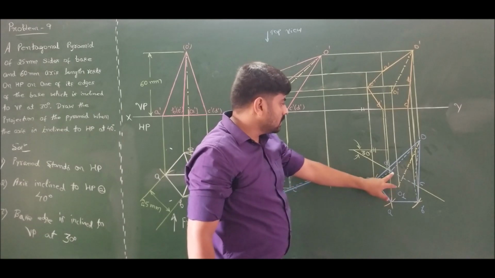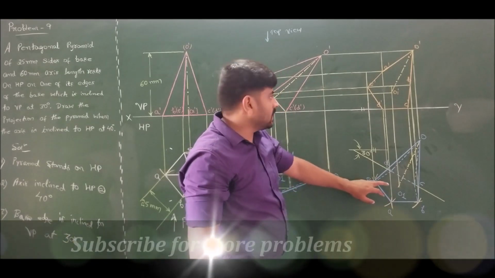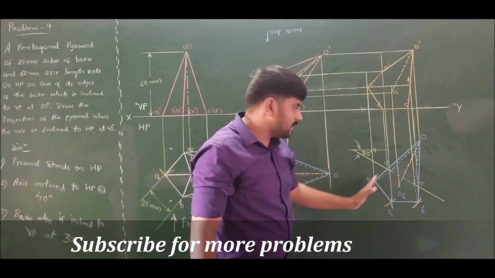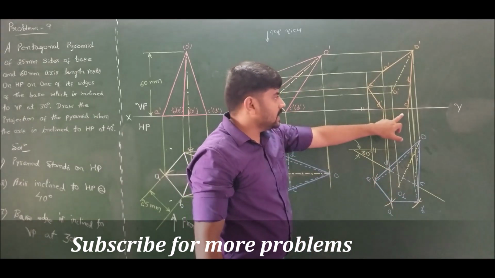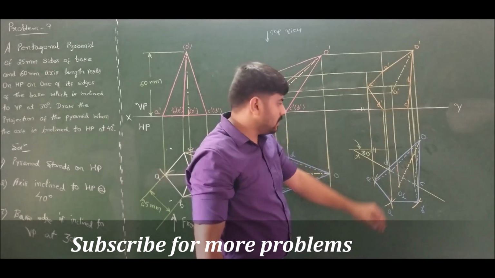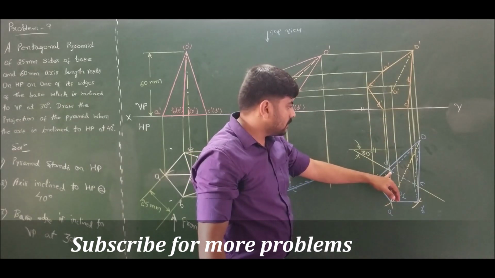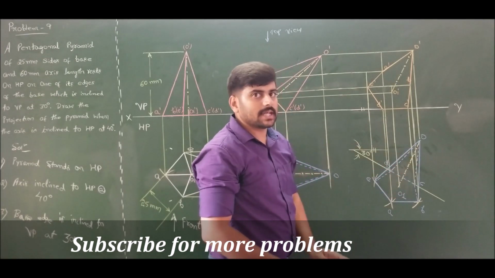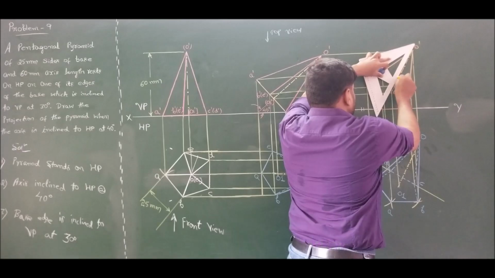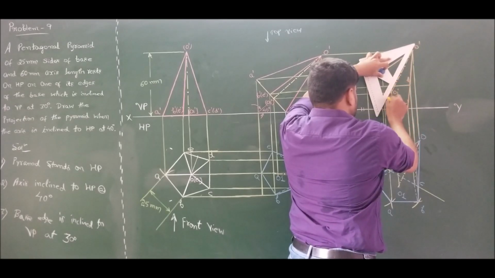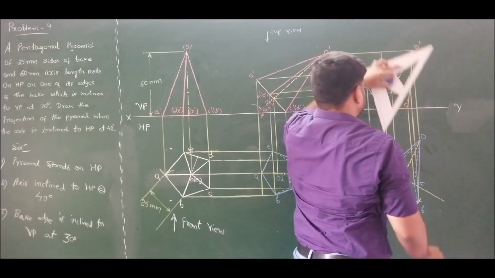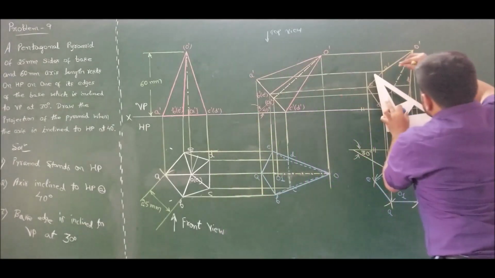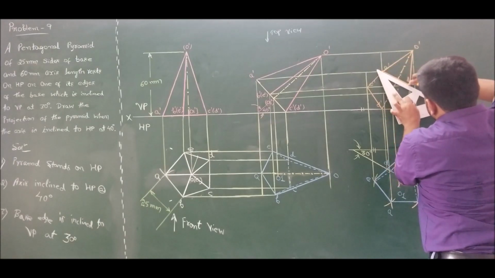Now if I inspect D to E according to the rule, it is coming on the boundary, so it must be visible, and also for the observer, the base is completely visible. D to C is also coming on the boundary, so it is also visible. The only invisible edge from the farthest base corner to the observer is D to O, mark it as invisible. D to O as invisible. Connect the remaining edges, that is A to B.